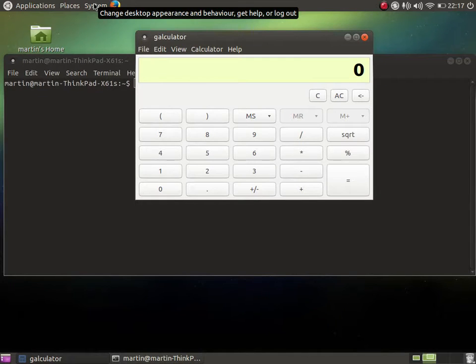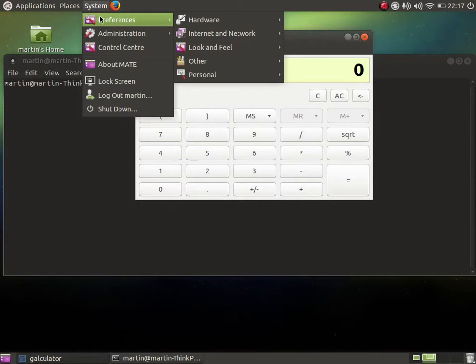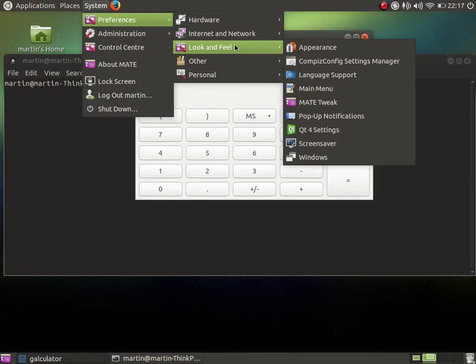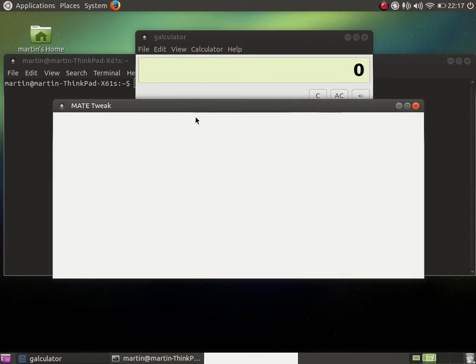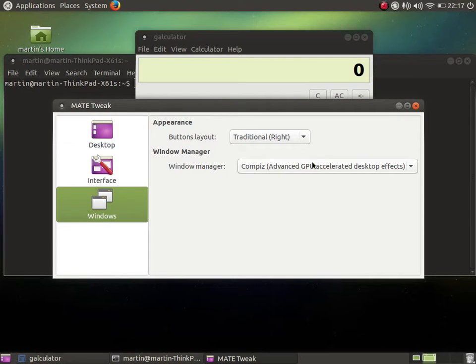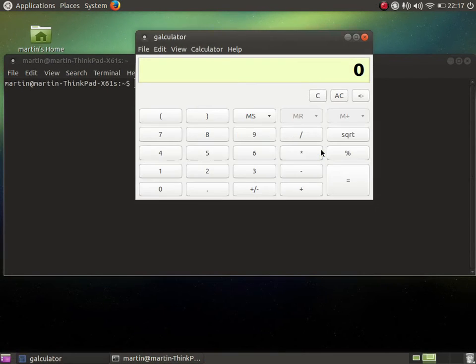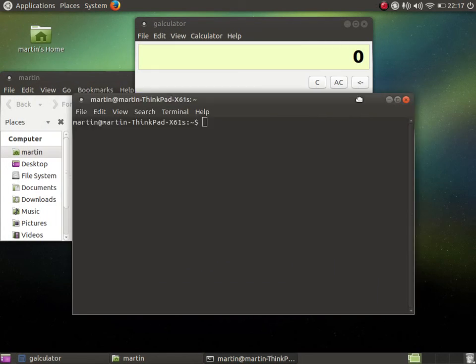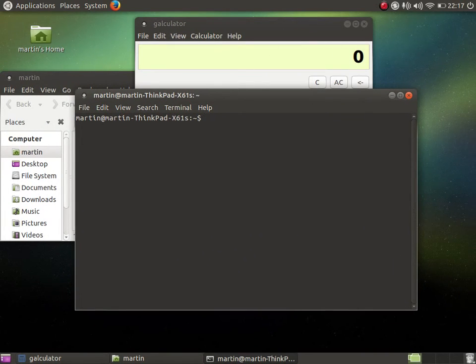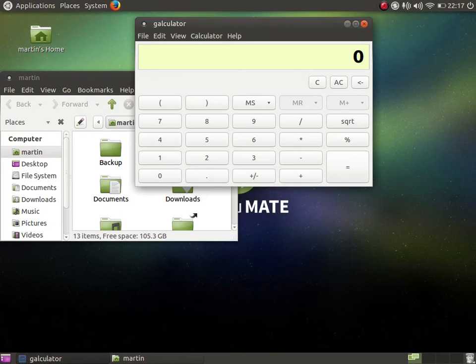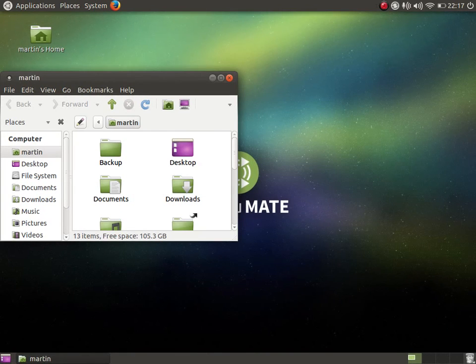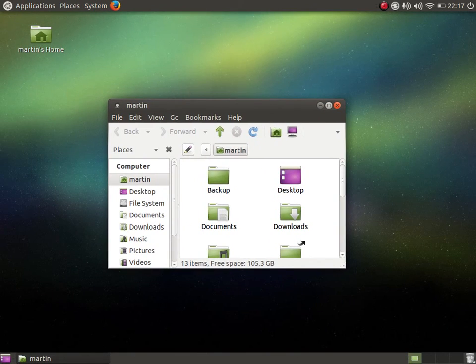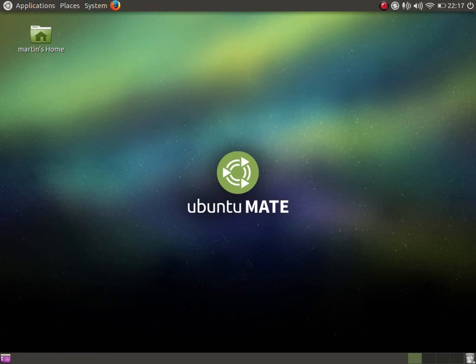One issue I found with Compiz is it doesn't seem to play very nicely when I've plugged in projectors and things like that to do presentations. So if you're going to plug into a projector, I suggest you hurry back to Mate Tweak. Go back to the Windows and then switch back to Marco. And there we go, we're back to Marco, and you can see everything's rendering that bit quicker now. So there it is. That's the Compiz integration into Ubuntu Mate 15.04. I hope I've left enough